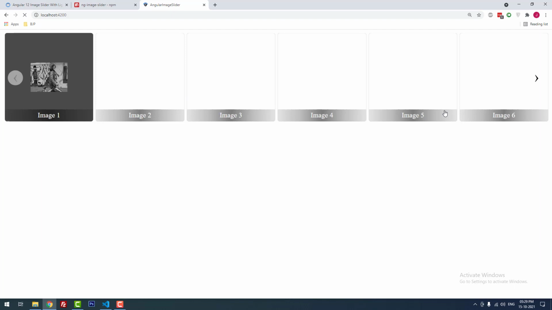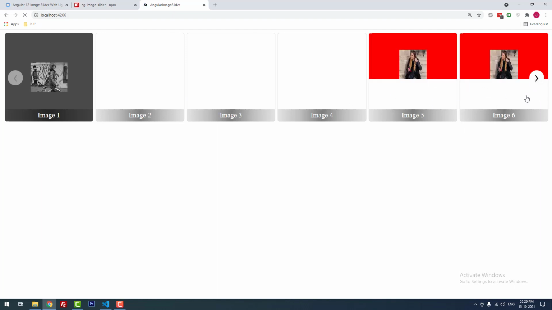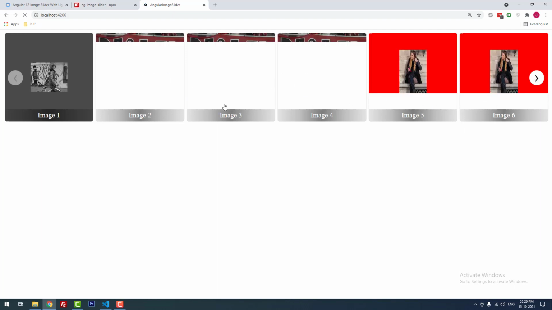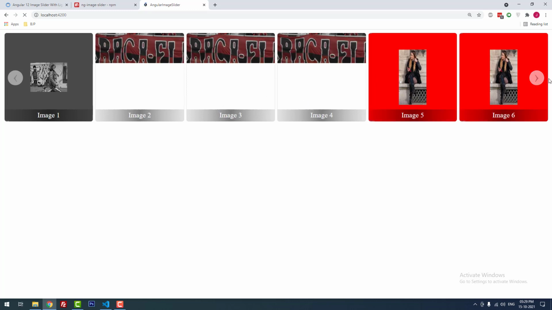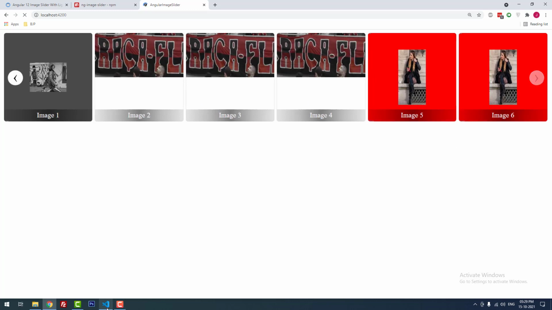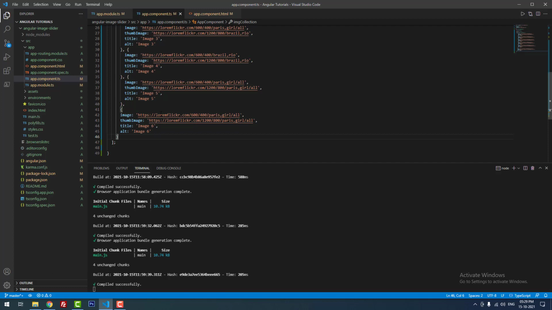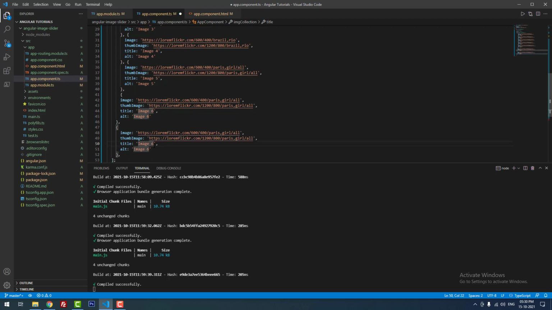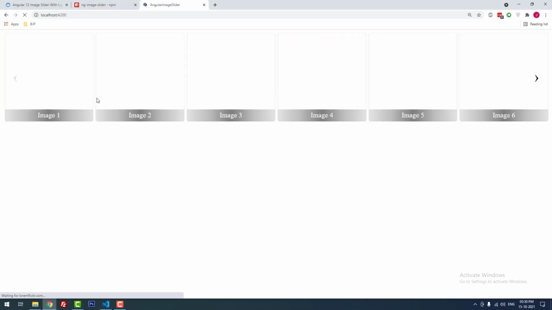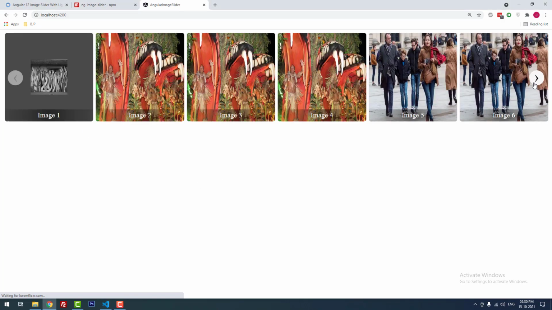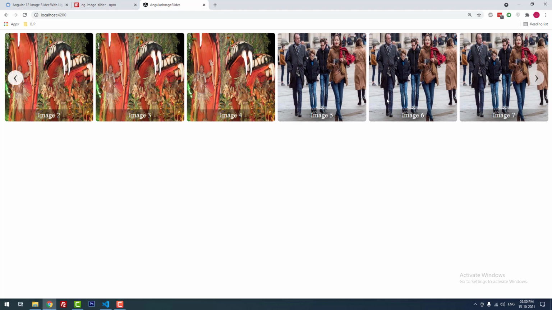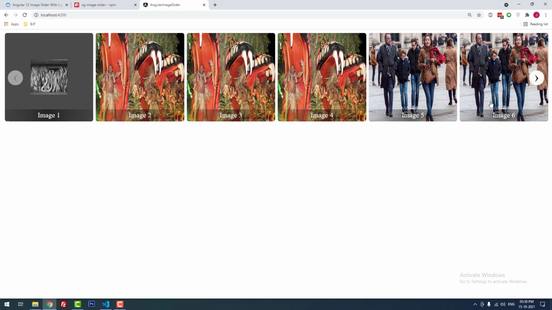You can see that there are 6 images. It will take some time to load the images. To show the sliding functionality, I am going to add one more image. Image 7. Yeah, you can see that now the slider is working perfectly.